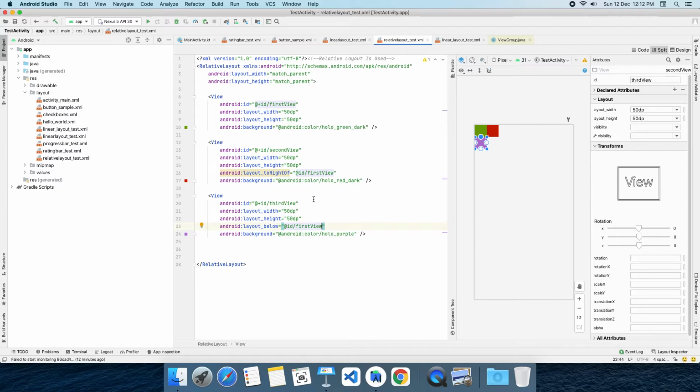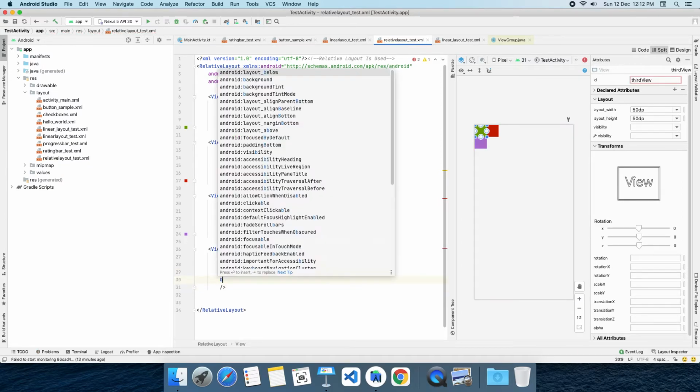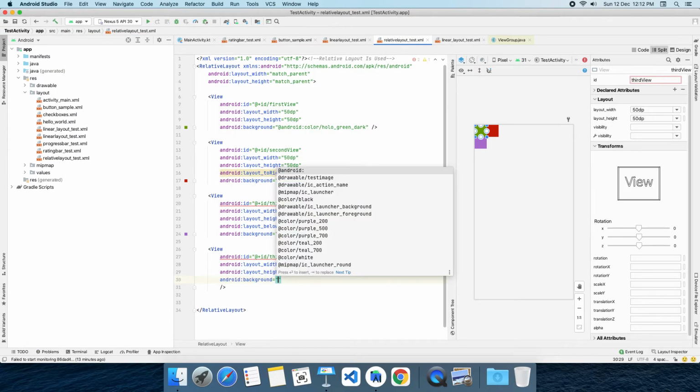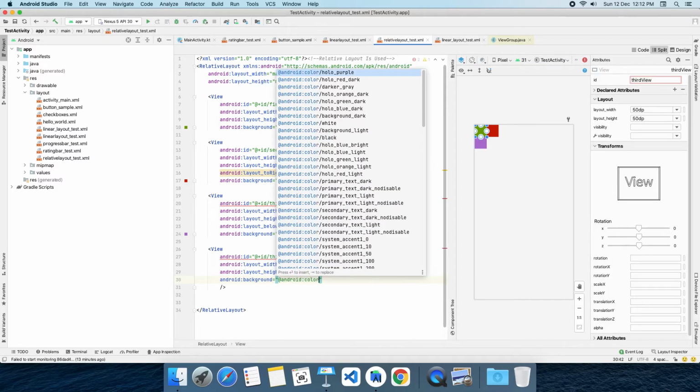So what if you wanted to add a view to the top right of the screen? Create another view and apply some background color to it, some gray color.